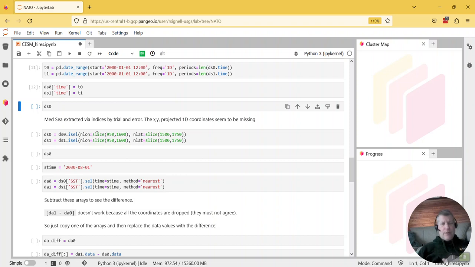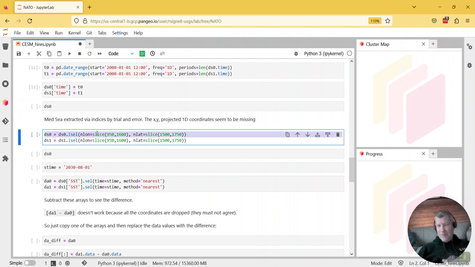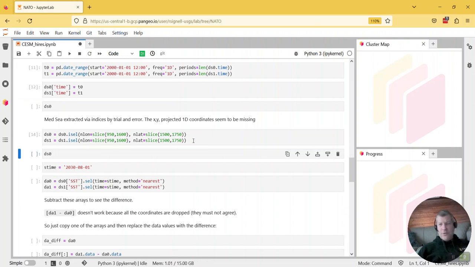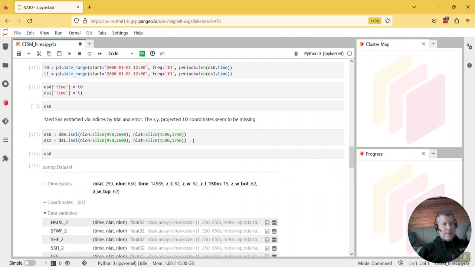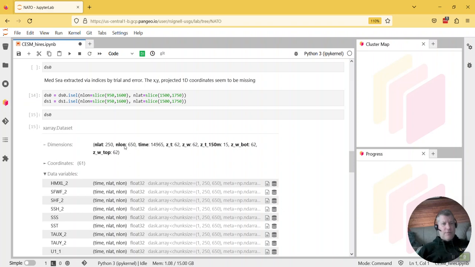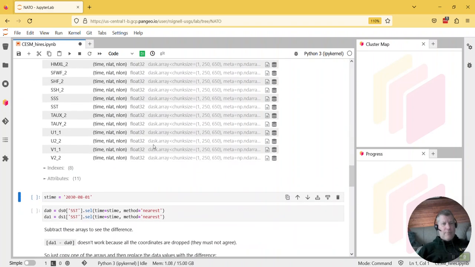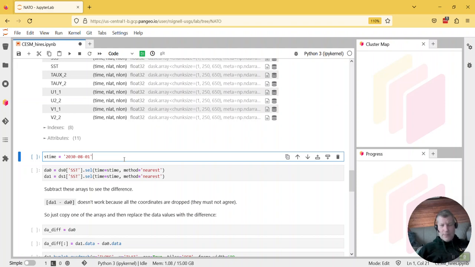And so, this was sort of trial and error to figure out where the Mediterranean was, but I just made a plot and then changed the indices until I got the Med, and so the index is 950 to 1600 in longitude and 1500 to 1750 in latitude. But this is just a nicer little way to slice. We're just virtually slicing here. We haven't loaded any data except for the coordinate data. So now if we look at DS0, we see it's only 250 by 650,